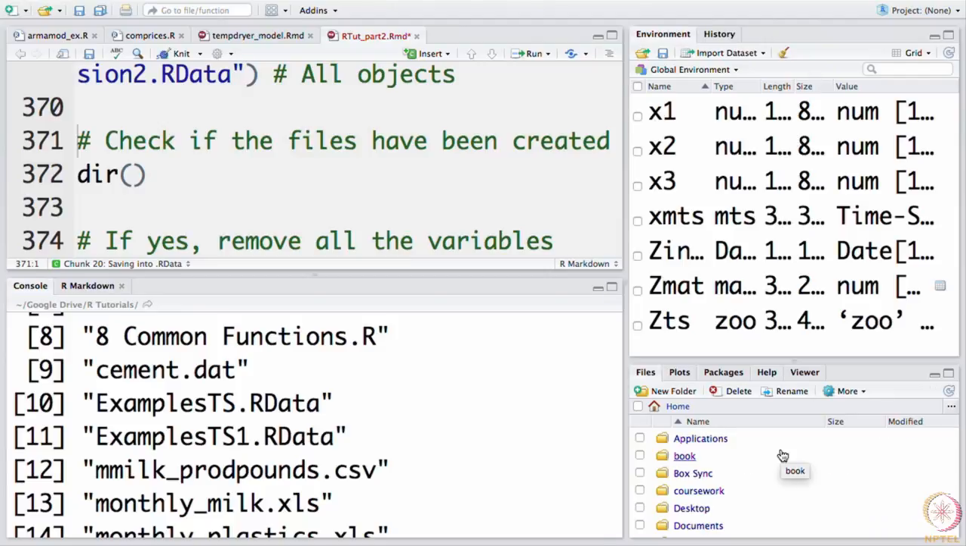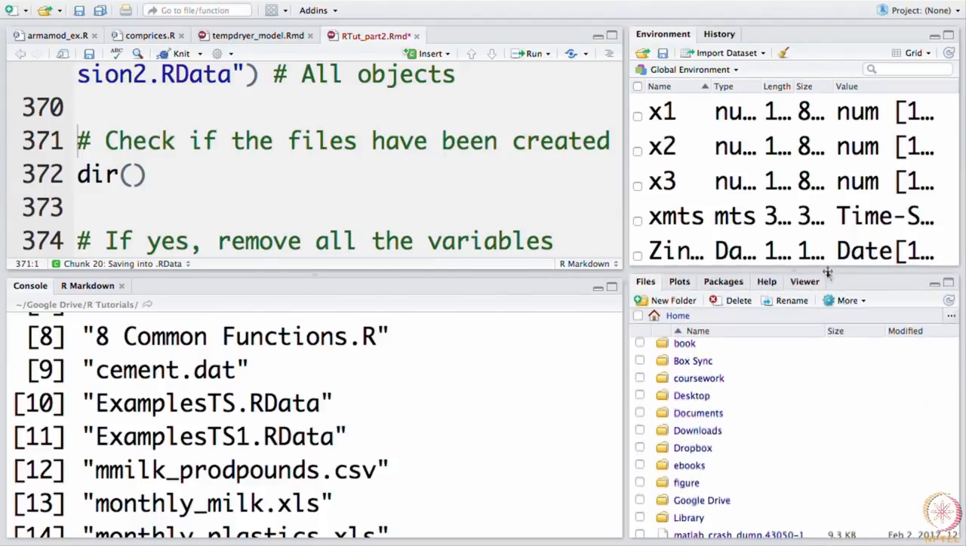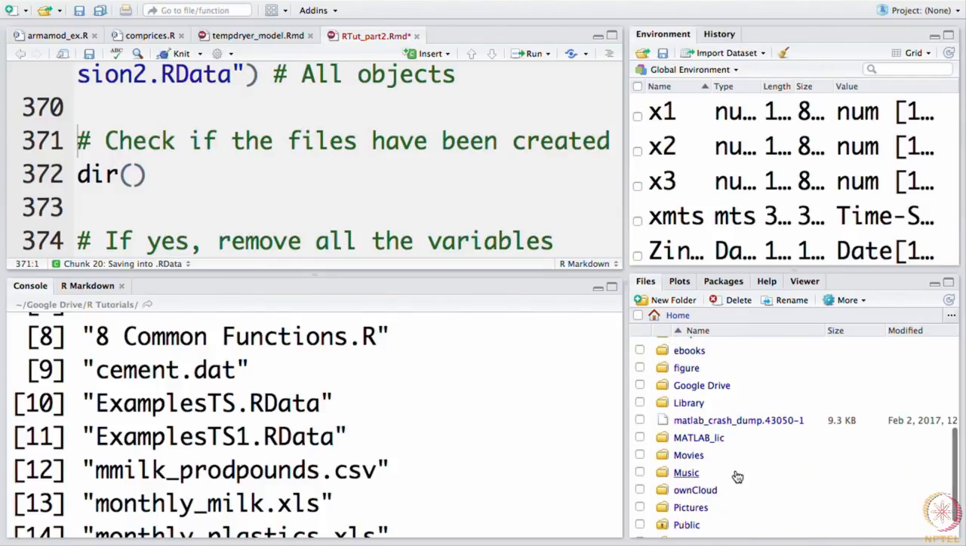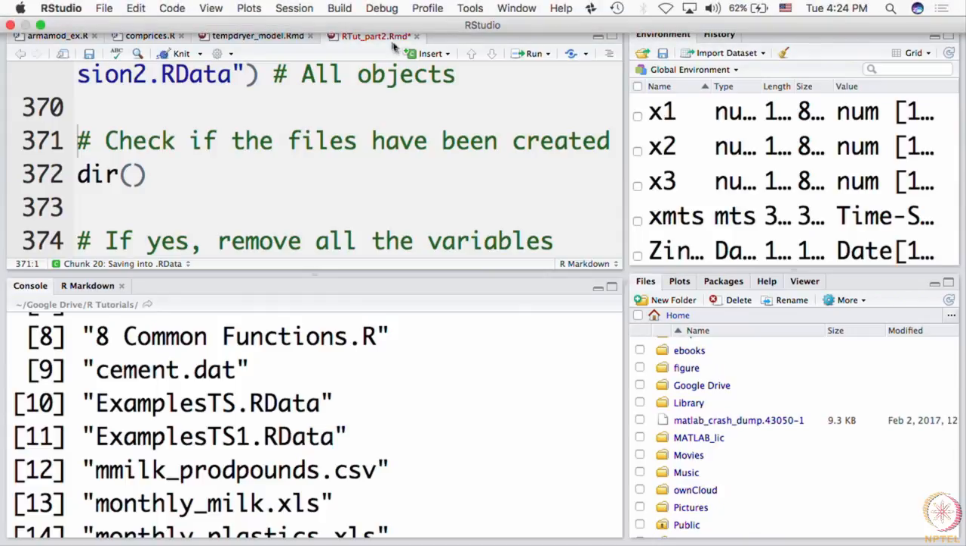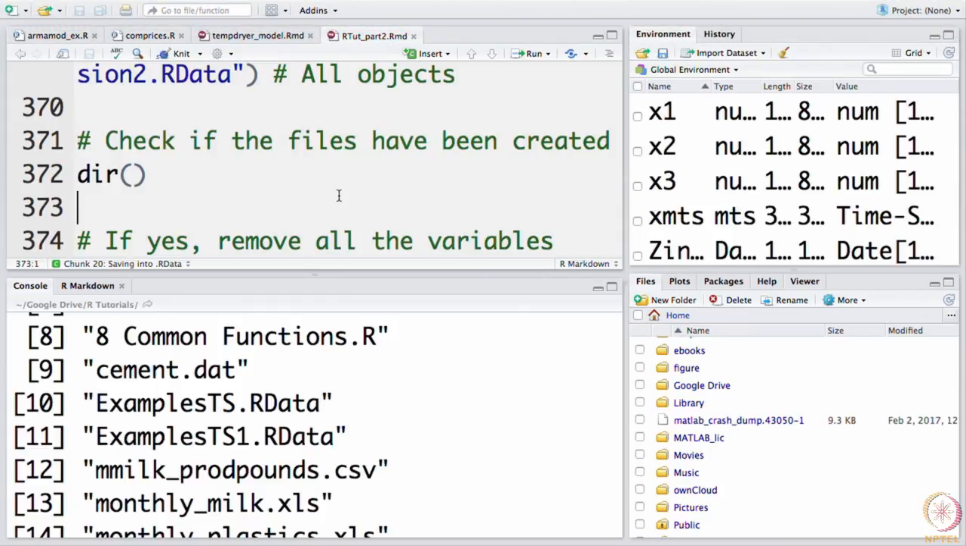So, let us look at the list of the files in the working directory. In my case the files are in this panel. For some of you the files may be next to the environment. Many times I have seen that configuration as well. Right now this is not the current directory. In fact, I should set the file pane